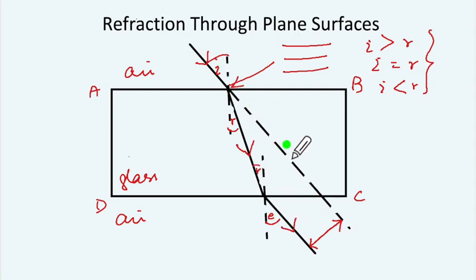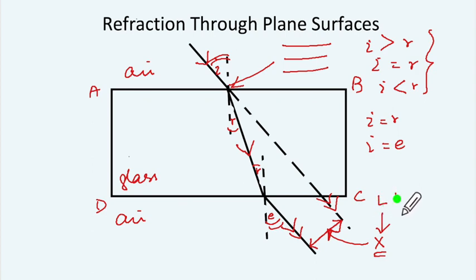Then again, which angles are equal? Is angle I equal to angle R here? Or angle of incidence, is it equal to angle of emergence? So you will have this and this, they are going to be parallel to each other. So you will have this angle and this angle, they are going to be equal to each other. So you need to know these things. Plus, what is this? They might give you the diagram and they will write over here, this one is X, and they will say, what is this X? So X will be lateral displacement. I'm just writing lateral displacement like so.